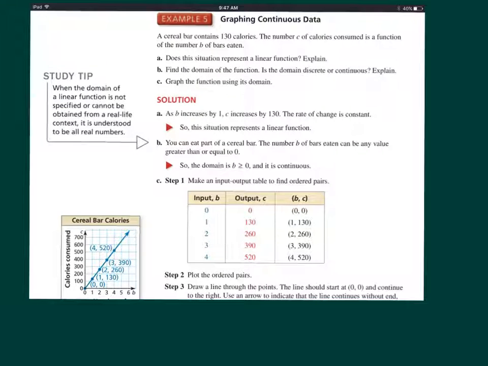Example 5 is a little different. It says they have a cereal bar that has 130 calories. Now again, I don't have to eat exact intervals of cereal bars. I could eat half, I could stop after one bite, and so on and so forth. So if I look at this, when I'm listing my domain here, I'm going to say my domain as an interval between 0 and x, and however many candy bars I eat, let's just say 5 is the maximum in